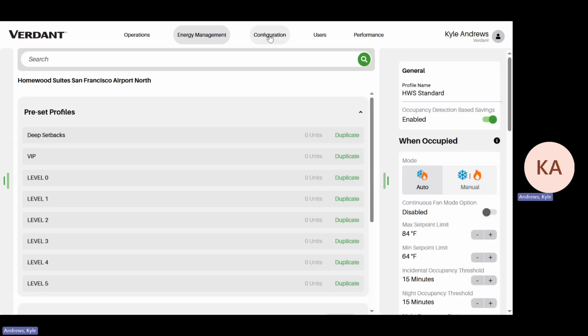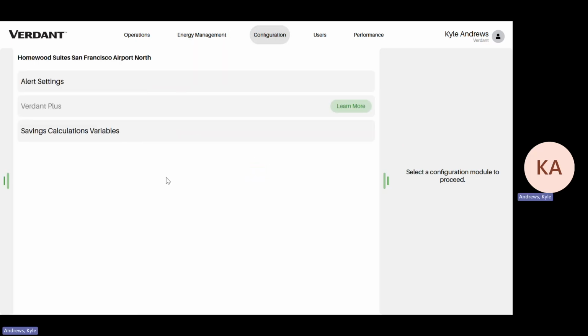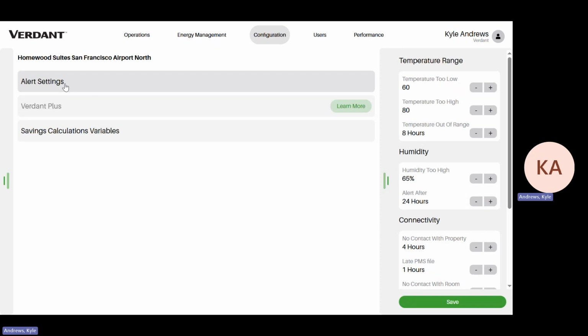Moving on to the configuration module. This is where we can make some configuration changes for alert settings, Verdant Plus alerts if you are a Verdant Plus property. And then internally, we do have the option to make some changes to the savings calculations, which inform data for the performance module. Alert settings, you can control the temperature or the time duration that is required to trigger each